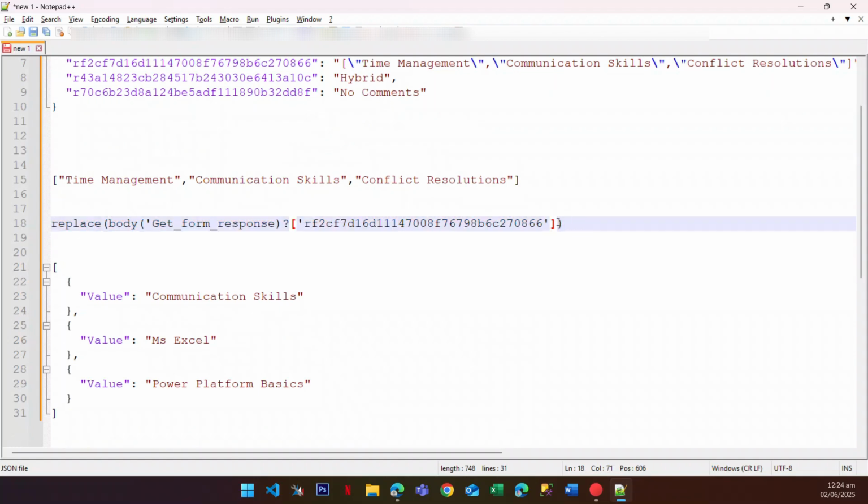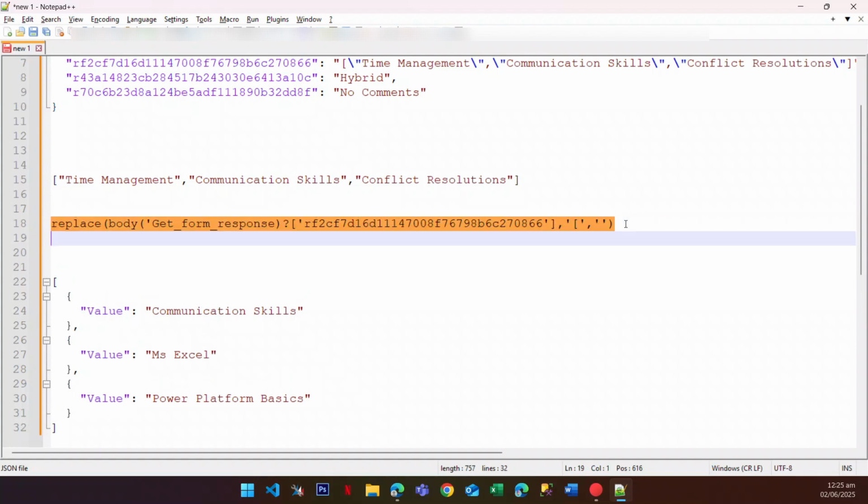So I'll say comma outside the square bracket. What I'm doing here, I'm using this replace to replace what? The square bracket. So I'll say opening square bracket, I'm replacing with empty,